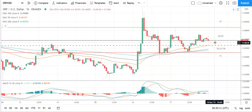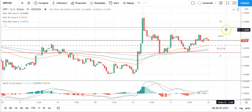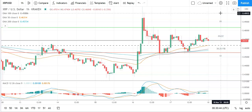Finally, looking at Ripple's XRP against the US dollar, also slightly bearish this morning. Going to need to see Ripple's XRP move back through the pivot at 0.4687 to bring the first major resistance level at 0.4834 into play. We'll need support from the broader market for Ripple's XRP to break back through to 0.48 levels. So barring an extended rally on the day, expect that first major resistance level and yesterday's high at 0.4820 to cap any upside. In the event of an extended rally, should see Ripple's XRP target 0.5s before any pullback. Second major resistance level sits at